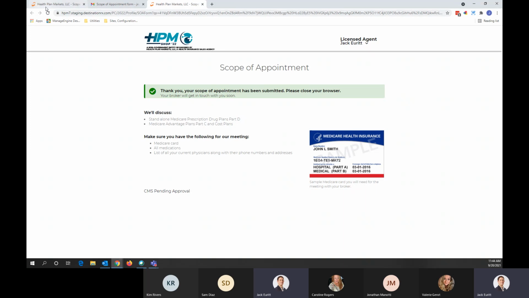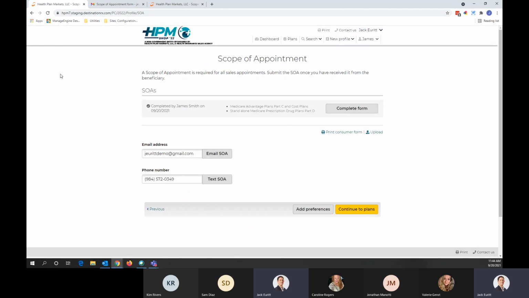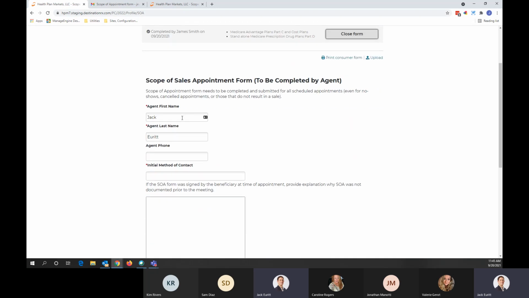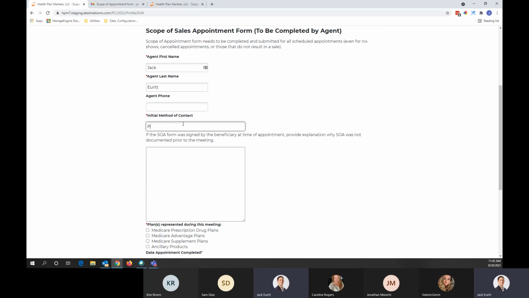If we were to go back into the broker site here now and just hit refresh on the screen, we will be able to see now that that scope was completed by James Smith. And now us as the agent will need to complete the rest of the form on the right-hand side of the screen, where it will pre-populate the agent's first name and last name, the initial method of contact, the plans